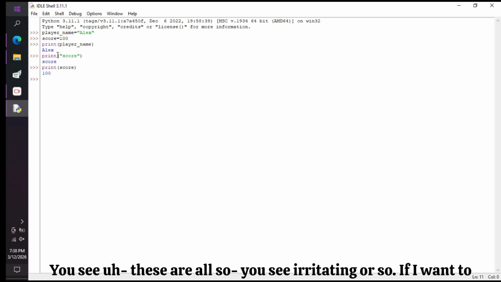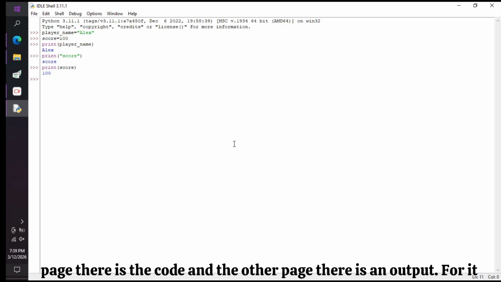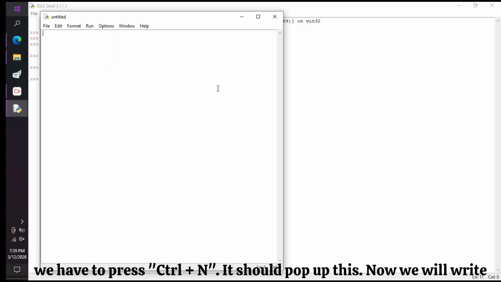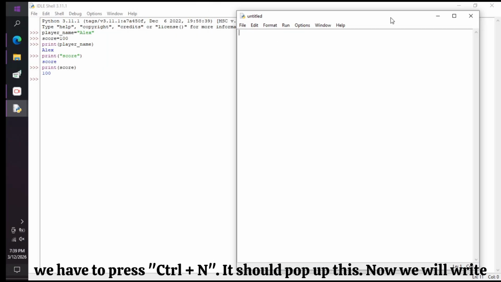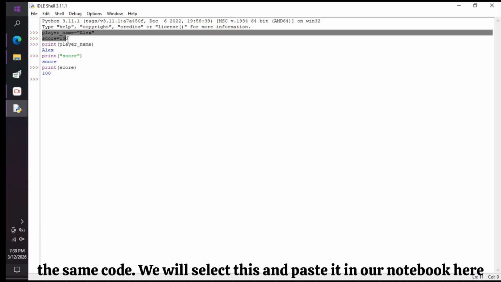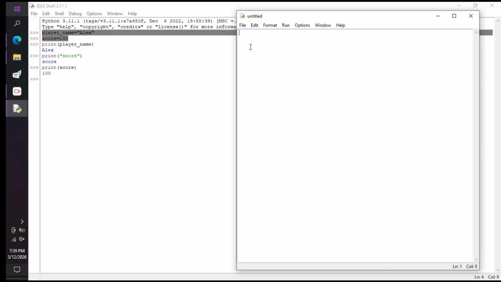Also, if I want to keep it in a notebook, like in one page there is the code and on the other page there is the output, for it we have to press Ctrl N. It should pop up this. Now we will write the same code. If we select this and paste in our notebook here, and then enter